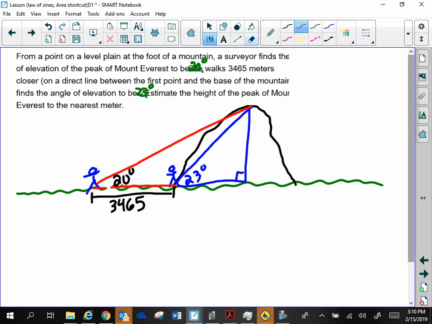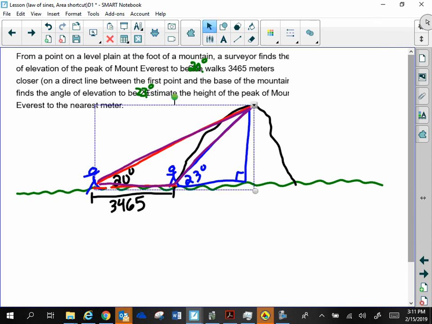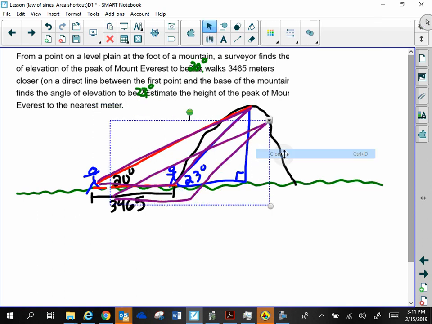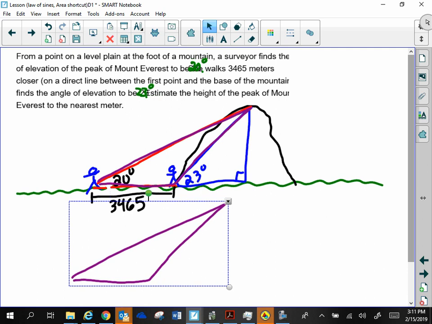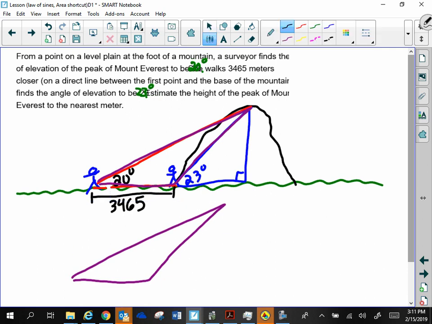I'm going to use the law of sines on this triangle right here. So pulling that triangle down here,